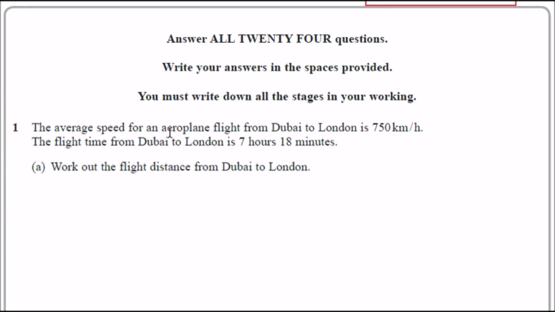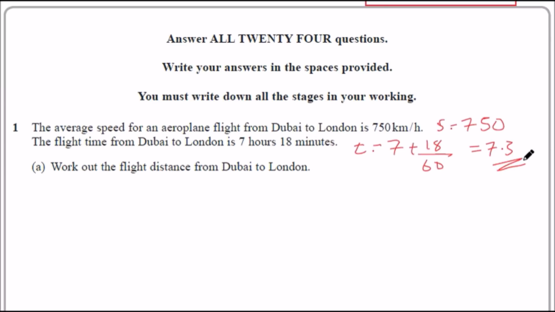So the average speed for an aeroplane flight from Dubai to London is 750 kilometers per hour. So we're working in kilometers per hour. The flight time from Dubai to London is 7 hours and 18 minutes. Okay, so before we answer the question, because we're working in hours, we need to convert the minutes to hours. So we could say that firstly the speed here we know is exactly 750 kilometers per hour. And then we also say that the time t is going to be 7 plus 18 over 60 hours. So what this means, 18 over 60, is that because we have 60 minutes in an hour, we're taking 18 parts of it. And if you put this in the calculator, you should get exactly